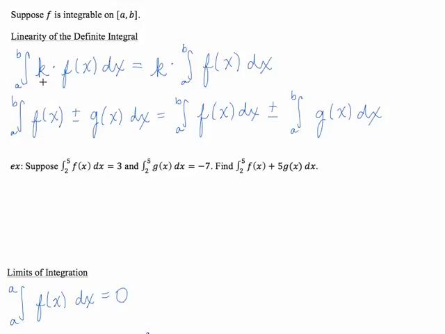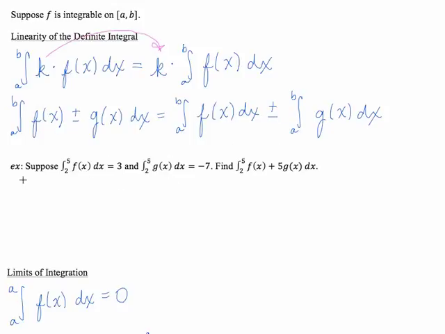Also, if you have a constant times a function for your integrand, you can pull that constant k out to the front of the integral. Okay, so for an example, suppose that the integral from 2 to 5 of f of x dx is 3, and also suppose that the integral from 2 to 5 of g of x dx equals negative 7. Then the integral from 2 to 5 of f of x plus 5 times g of x is equal to